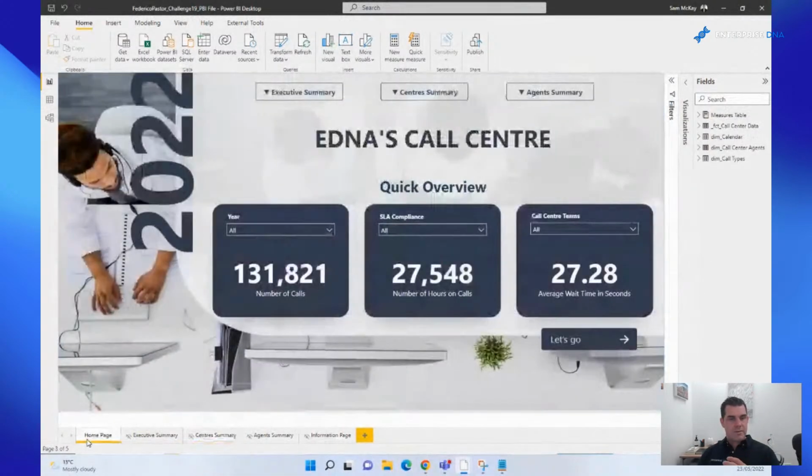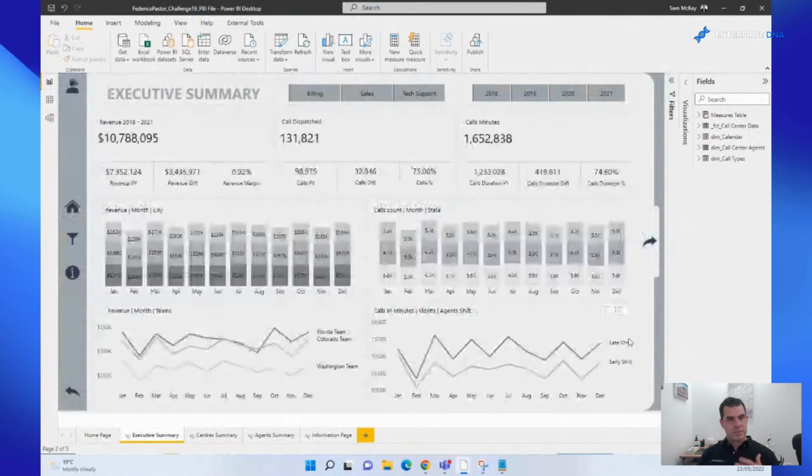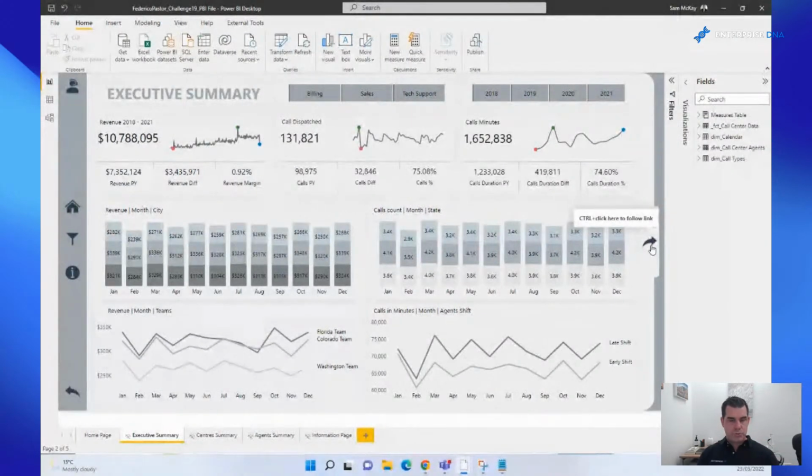The only way they can click through into different pages is to click on buttons or navigation experiences inside of the report. And we truly believe that every report should have this. You want to direct the user through your story rather than them randomly selecting pages and not getting the story in the sequential way that you want them to view it.